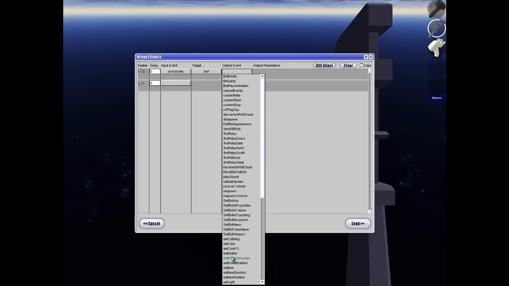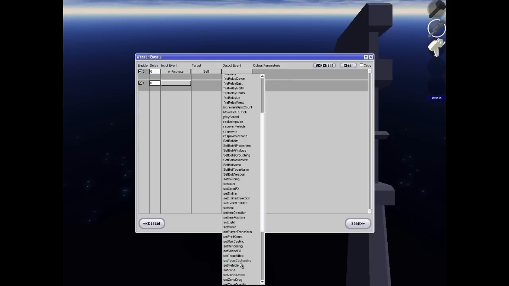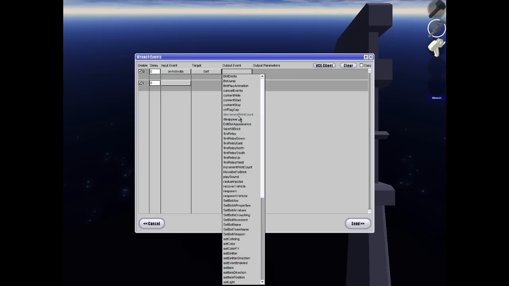Like set emitter, it sets the emitter of the brick, set the color of the bricks. This one is very useful, not default though. It teleports the player to the brick. Set shape FX, like undual or water FX. Set vehicle, sets the vehicle over brick. But right now we're going to be doing